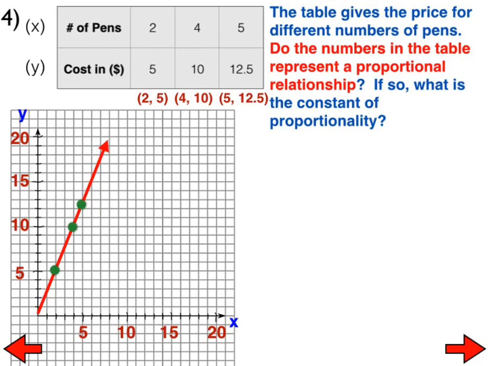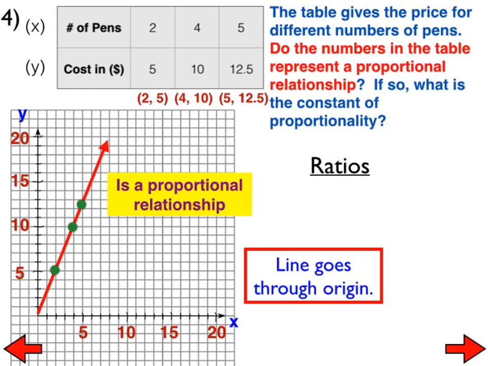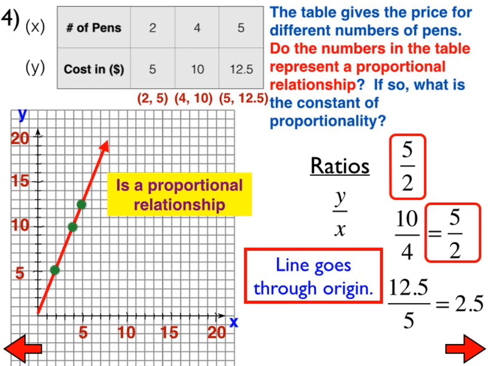And I noticed as I walked around, a lot of you were kind of stuck, and so you went back to checking ratios. If you can't tell from your graph, then that's what you should do. And the 1 comma something on this graph, it's kind of hard to tell. But it is there. It happens to be right here. There's just not a dot there. But if you can't really tell from your graph, well, then that's when you want to go back to checking your ratios. So you check by using your ratios of y over x, which that's 2.5, that's 2.5, and that's 2.5. So that means that our constant of proportionality is